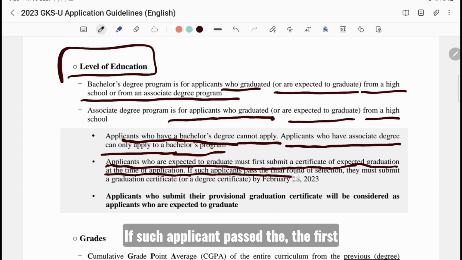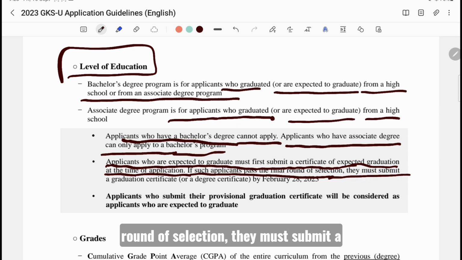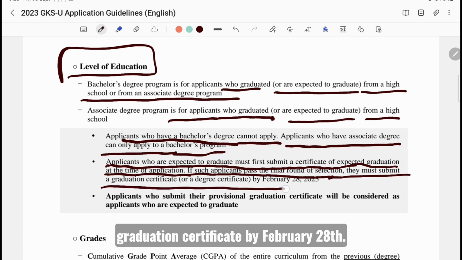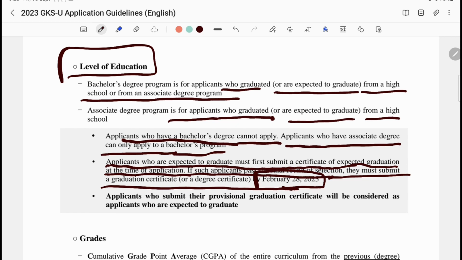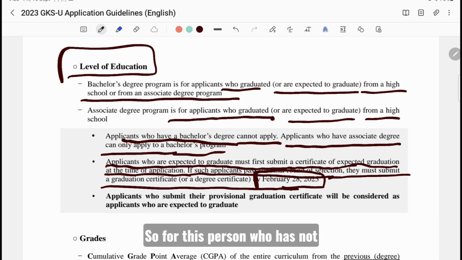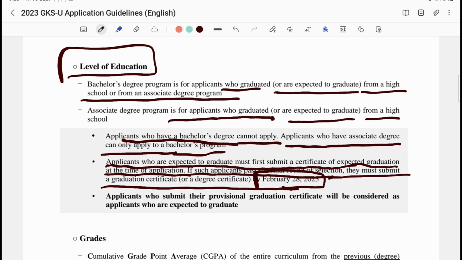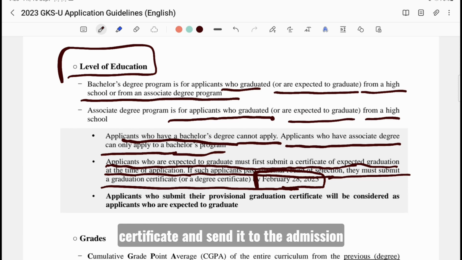If such an applicant passes the first round of selection, they must submit a graduation certificate by February 28th. So for this person who has not yet received their certificate, you must make sure you receive that certificate and send it to the admission committee before February 28th.